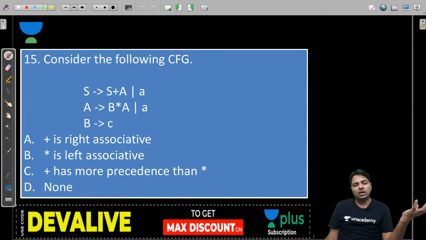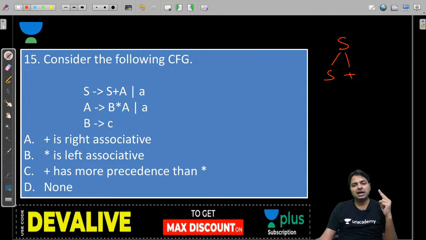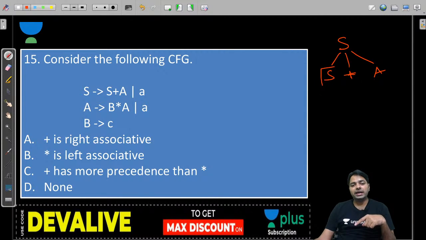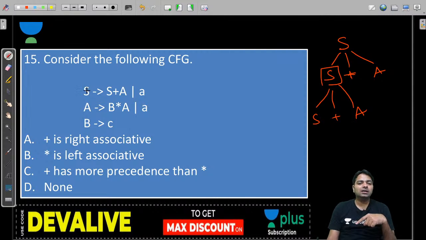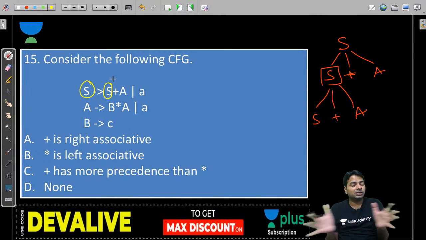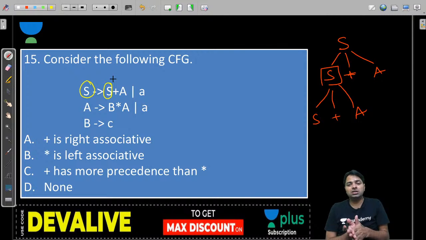And again, how to understand quickly, guys: when we are saying associative, then look for plus. How to write plus? You can choose S plus A, so I get one plus. Now the other plus, how do you get it? Will you get it from the left side or from the right side? I can get it only from the left side. You can see that by looking at S participating in left recursion, and plus is along with that left recursion. So plus has to be left associative.